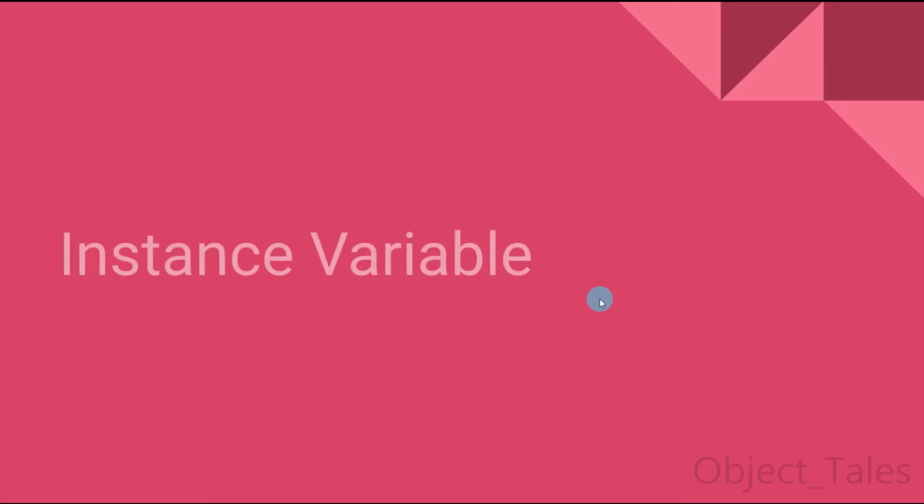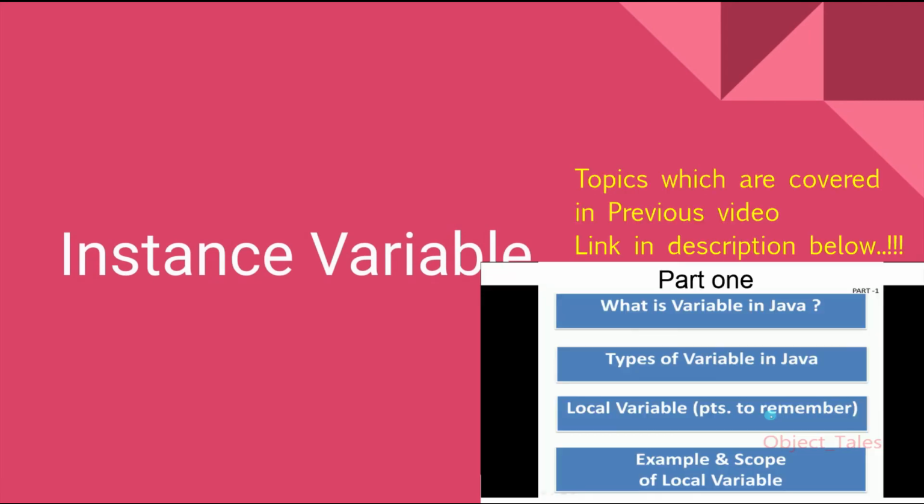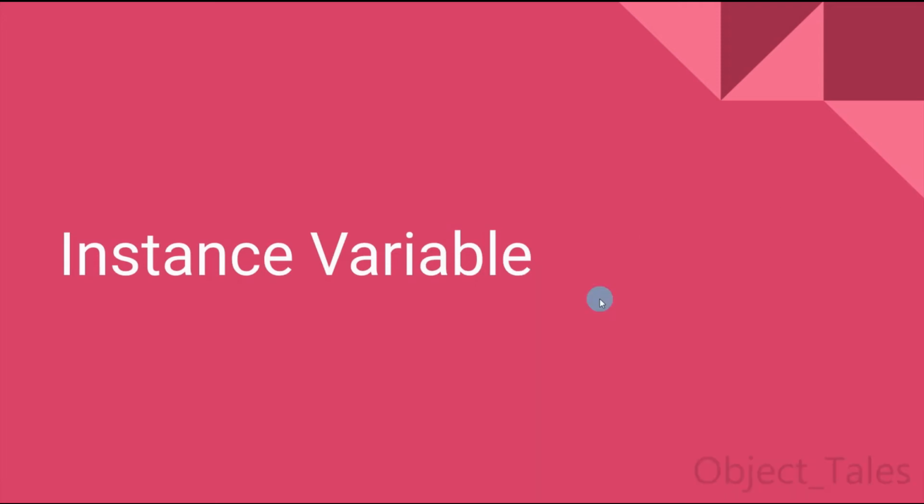Hello to everyone. This video is about instance variable, which is the second part of the previous video, which was on what is variable, types of variable in Java. We gave a brief explanation about what is variable, and we also saw what is local variable, points to remember, a program on it, and the scope of the local variable. So this video is all about instance variable, the second part, and it covers topics like